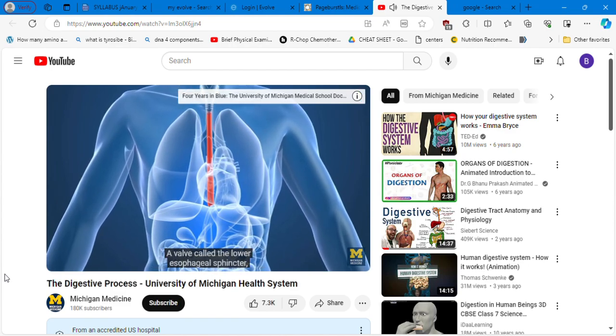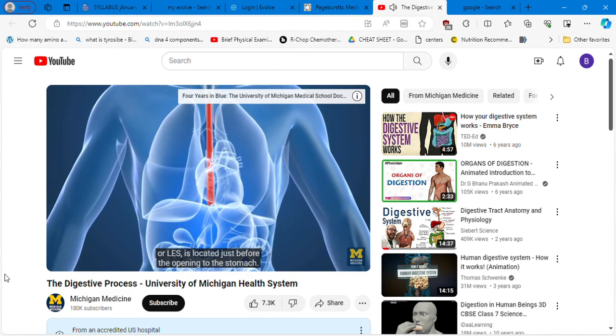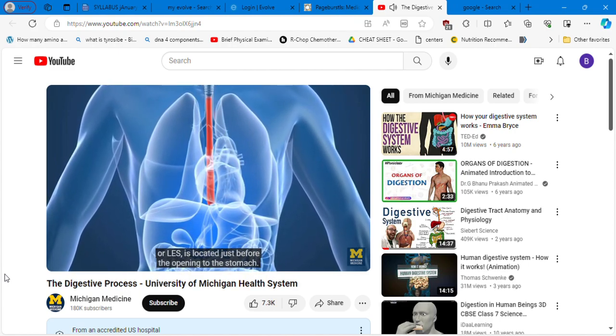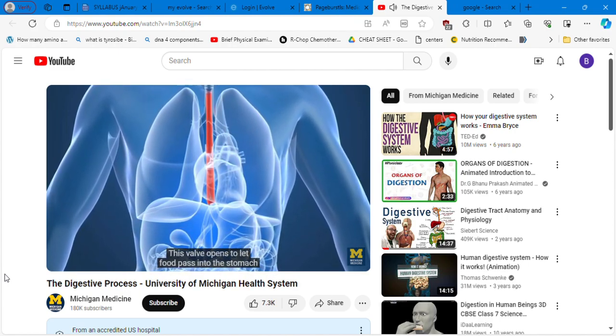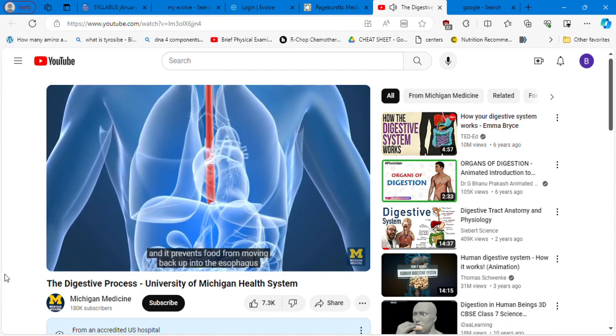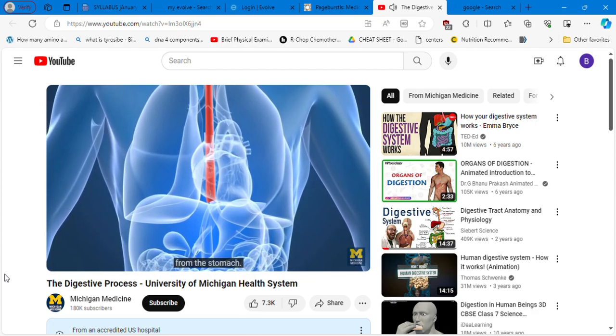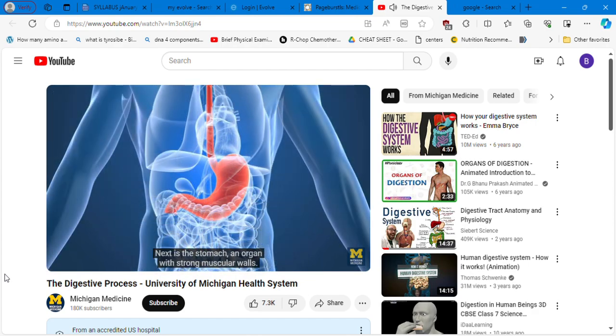A valve called the lower esophageal sphincter, or LES, is located just before the opening to the stomach. This valve opens to let food pass into the stomach from the esophagus, and it prevents food from moving back up into the esophagus from the stomach. Next is the stomach, an organ with strong muscular walls. It holds the food and mixes it with acid and enzymes that continue to break the food down into a